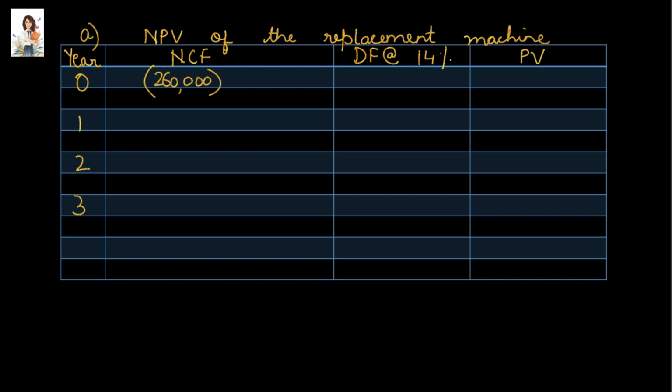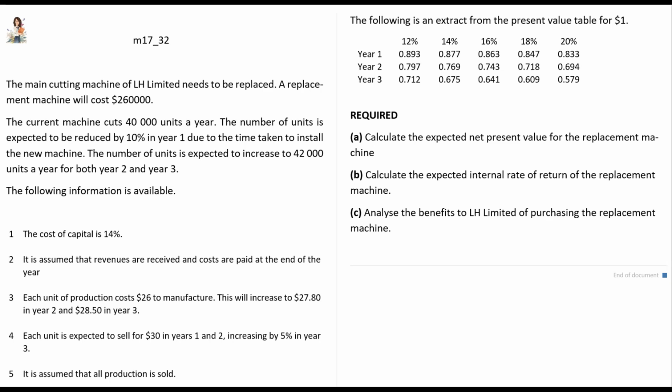We have not been given the net cash flows for years 1 to 3. So let's prepare a working note to find out the same. The cash inflows will be the sales and that will be one column. The cash outflows will be the cost of production, that will be another column. Number of units will be the third column. Then we'll have one column for year and one column for net cash flows. So 5 columns in total for our working note.